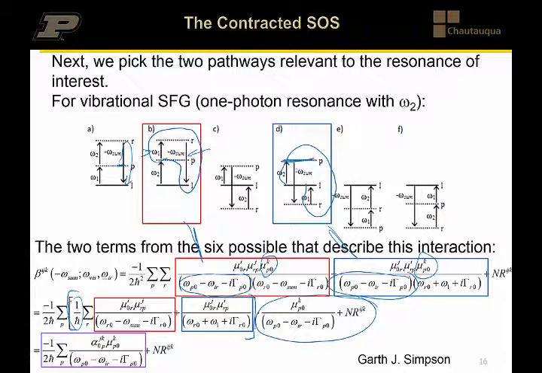These 2 terms. And these are just the 2 different time orderings of those same interactions that will give rise to the linear polarizability describing the Raman transition from state P to state I, which is the anti-Stokes Raman transition. So just by definition substitution for the anti-Stokes Raman transition, then you can rewrite this in this contracted form,